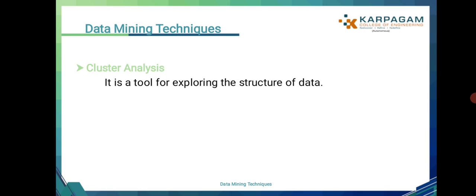Cluster analysis. It's a tool for exploring the structure of data. The core of cluster analysis is clustering, which is the process of grouping objects into clusters such that the objects from the same cluster are similar and objects from different clusters are dissimilar. Objects can be described in terms of measurements or by relationships with other objects. Clustering is sometimes used to mean segmentation. Some of the clustering algorithms are DBSCAN and Chameleon,